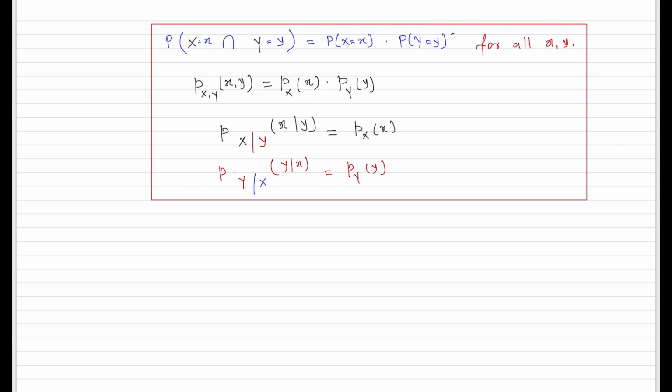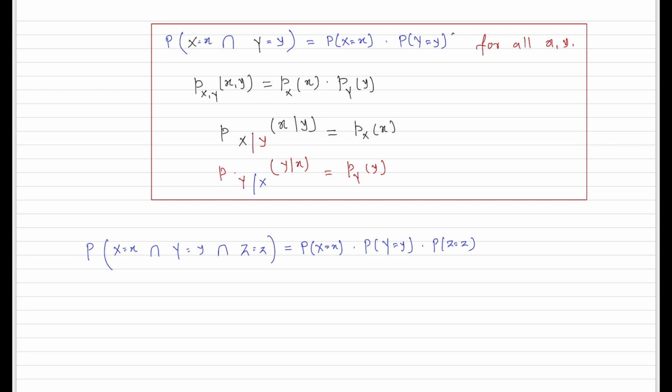Then the mathematical definition of this independence is: the probability of the event that x takes on a value little x, y takes value little y, and z takes value little z, all happening at the same time, will be equal to the product of their individual probabilities.